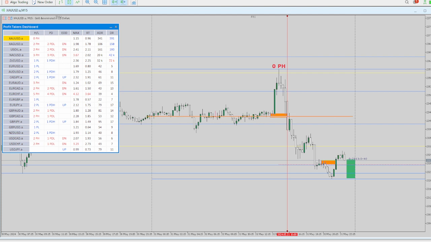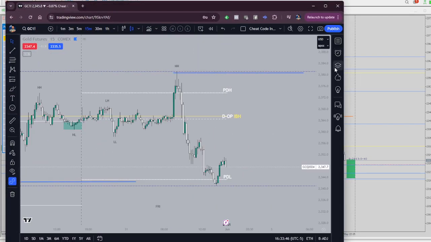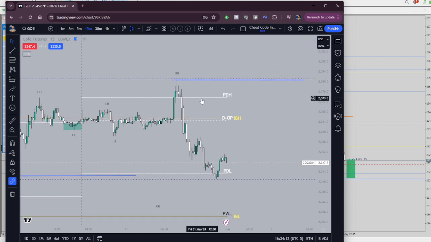But obviously on TradingView, I'm going to show you guys on TradingView, you can see it much, much better, right? The daily open price here. And so, at this point, guys, you can get in, right? You can get in at either. And here's the thing about TradingView on futures and Forex, it's going to be different because the pricing, you're going to notice, is anywhere between 12 to maybe 15 ticks off, right? But nonetheless,